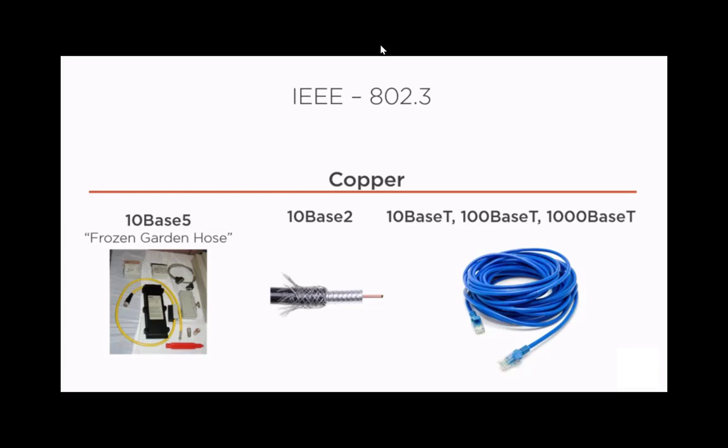802.3. In earlier Ethernet cabling we used configurations like 10Base5 and 10Base2, and nowadays I am using 10BaseT. T represents twisted pair, and 10 represents the data speed in megabits per second. For example, we were using 10BaseT in previous days, and after that we used 100BaseT, which is also obsolete nowadays. Now we are using 1000BaseT, which is a